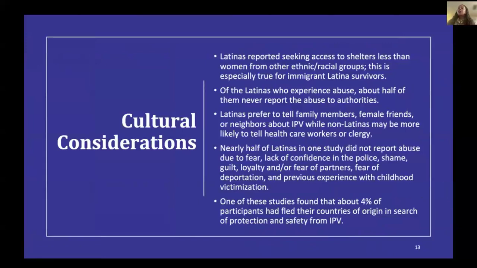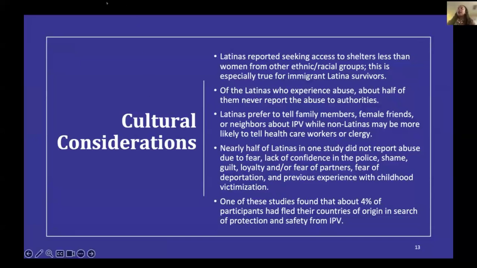Cultural considerations, I'll just go through these briefly. I've said some of them before, but I will tell you that Latinas reported seeking access to shelters less than other women from other racial or ethnic groups. This is actually the same for African American women as well. Of the Latinas who experience abuse, about half of them never report the abuse to authorities for a reason we've already discussed. They prefer to just keep it within their circle, telling family members, friends,